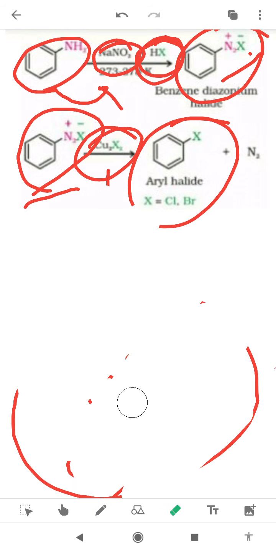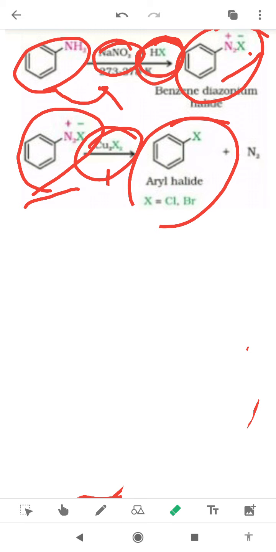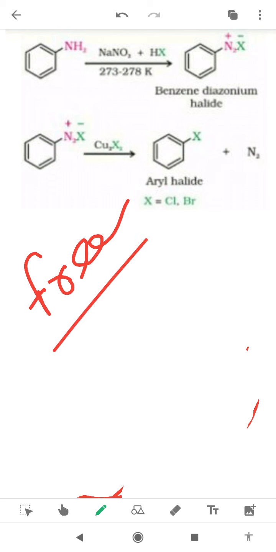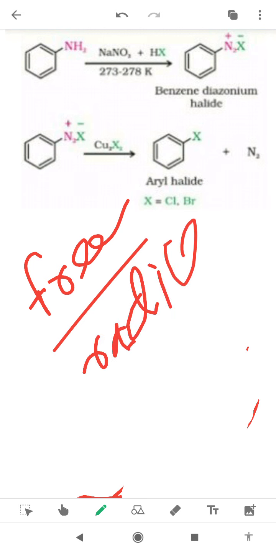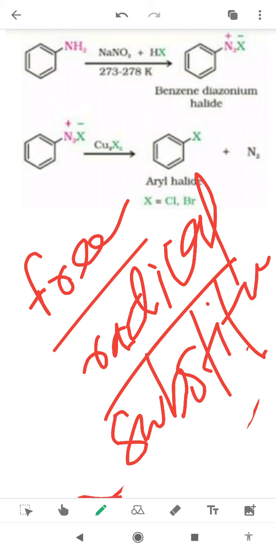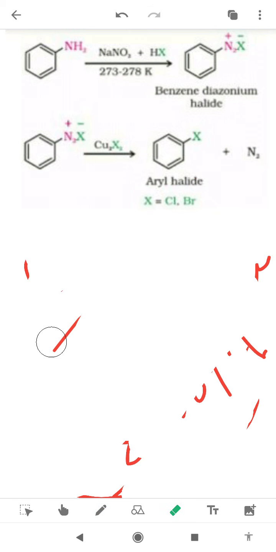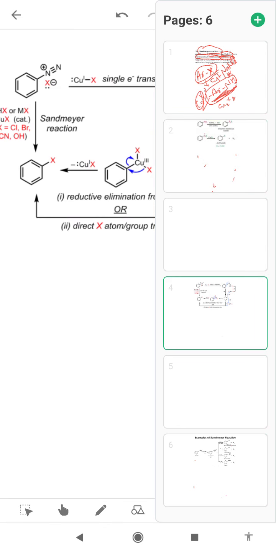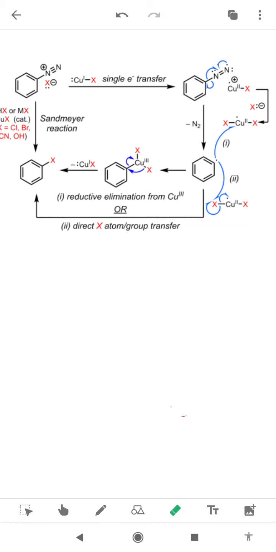And this reaction is a free radical substitution reaction, which is a very important point, right? Free radical substitution reaction. So, the mechanism of this reaction: if it is a free radical mechanism, then